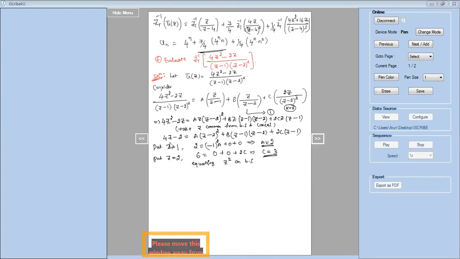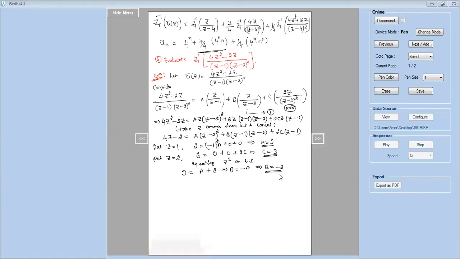In the left hand side, there is no Z square, only the Z term is there. So it is 0. Equals, here the whole square is there. If I expand to get Z square, its coefficient is A. And here if you multiply Z into Z, Z square, the Z square coefficient is B, and in C there is no Z square term, leave it. So you get 0 is equal to A plus B. This implies B is equal to minus A, and A is 2. So B is minus 2.